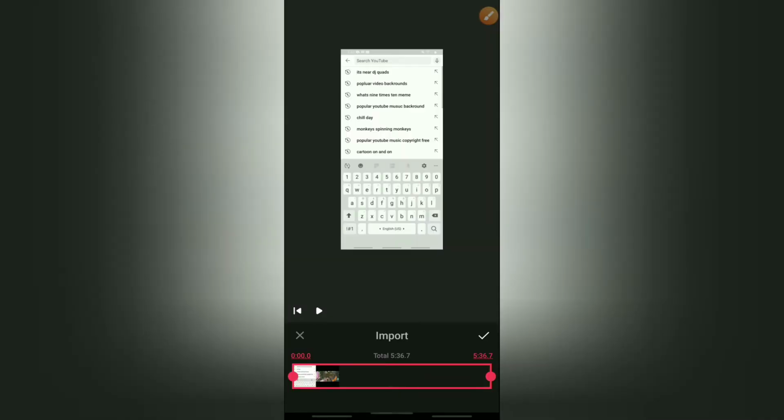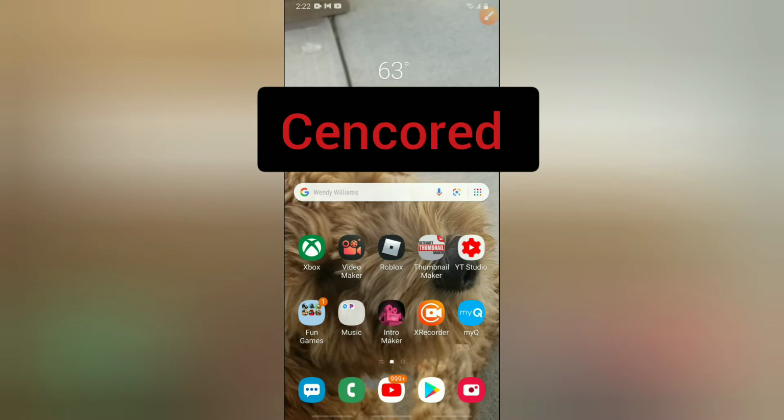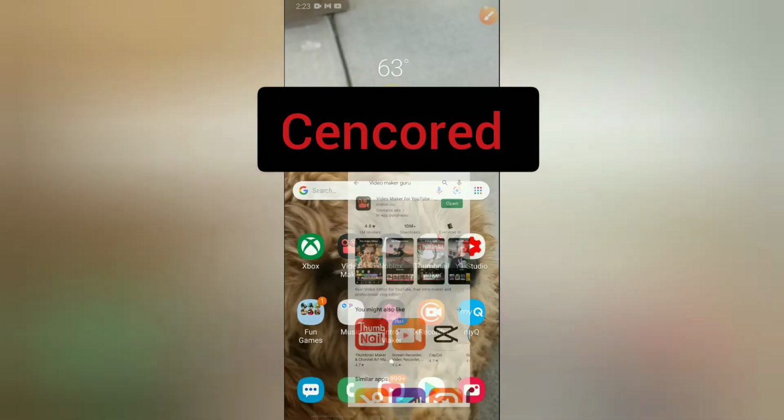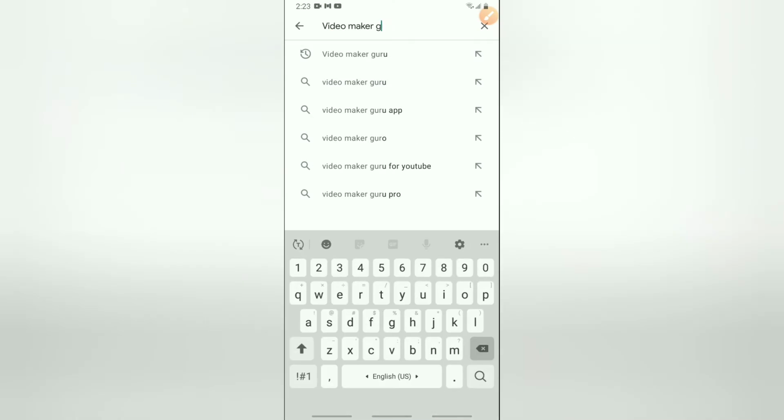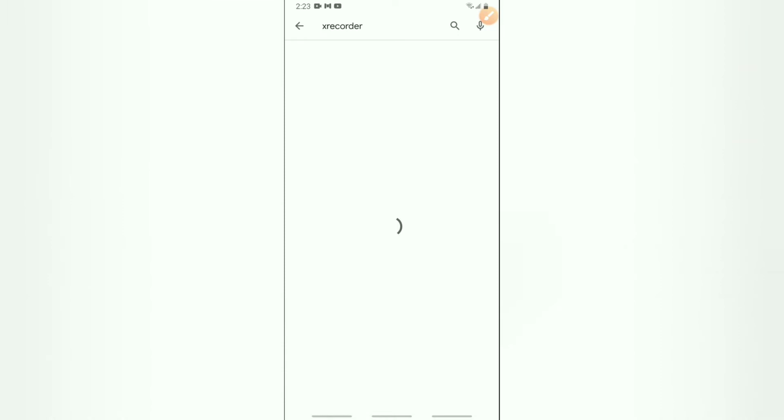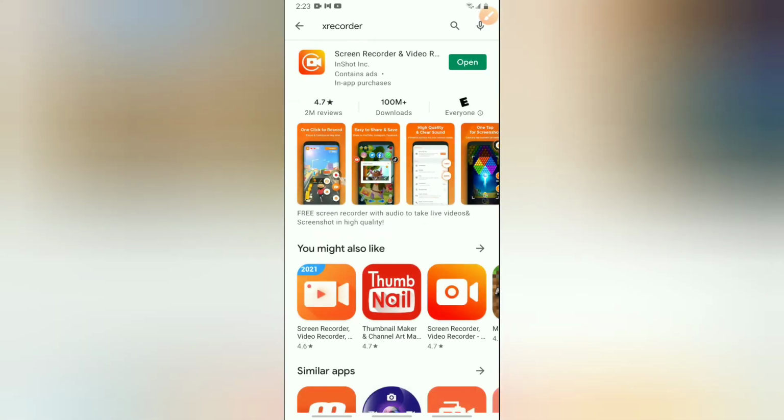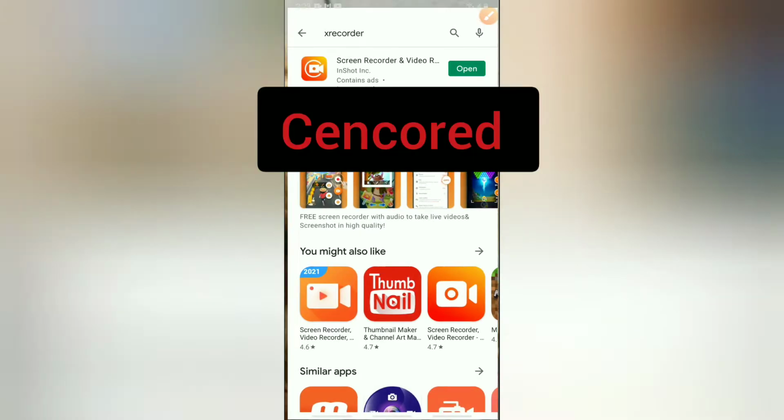You're also going to want a screen recorder. I suggest X Recorder, the one I'm using right now, as you can see, the orange one. So yeah, you're just going to want to type in this. And there it is. It should be there. Yep, and once you do that,